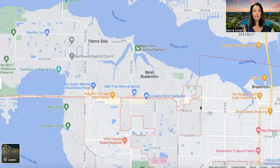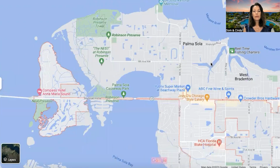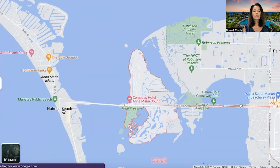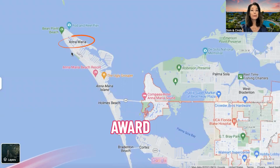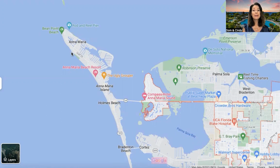The one in particular that I want to mention first, obviously we're headed out the Palmasola area, but over here, you just keep going down State Route 64, which is also known as Manatee Avenue, and Holmes Beach right here, which is also known as Bradenton Beach. So we've got Bradenton Beach, Holmes Beach, and then Anna Maria, which is an award-winning beach. It is absolutely beautiful. And I will tell you, it feels like that small town beach